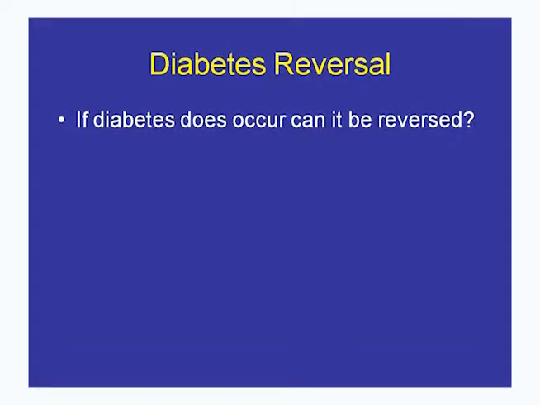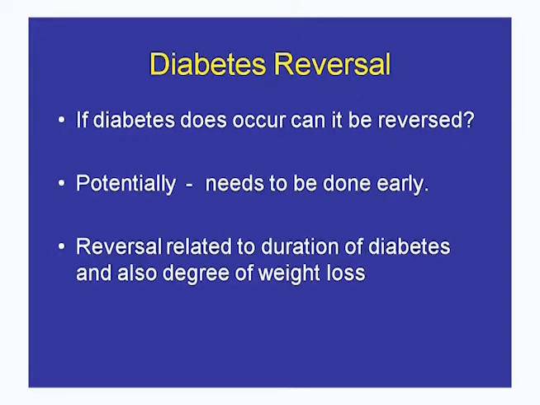Diabetes reversal. There are a couple of things coming up that are exciting, because we know we have pre-diabetes, and we want to prevent people from progressing to diabetes. But if somebody develops type 2 diabetes, can it be reversed? I'm sure a lot of the pharmacists and other people have heard this. Yes, it can be done, but it needs to be done early. Whatever you're going to do to reverse it should be done within the first 5 years